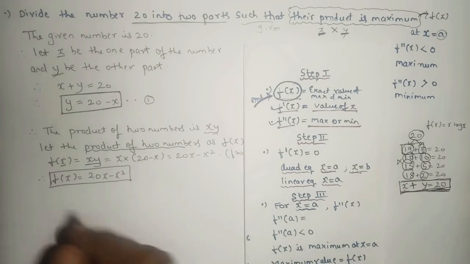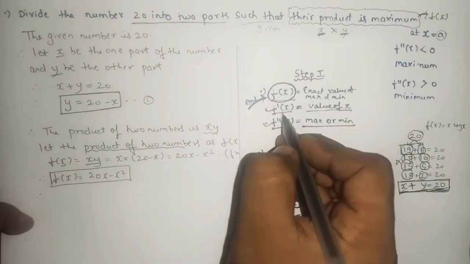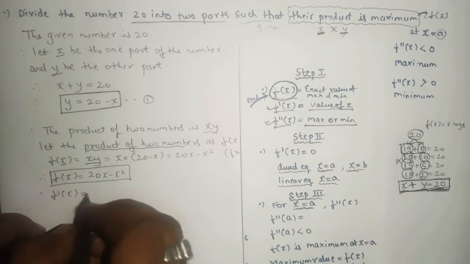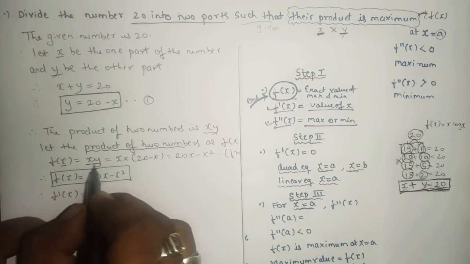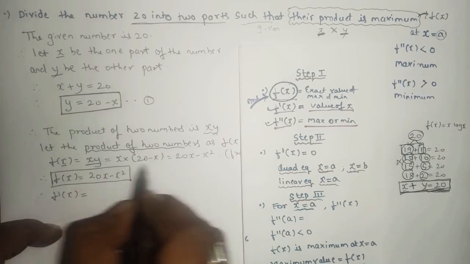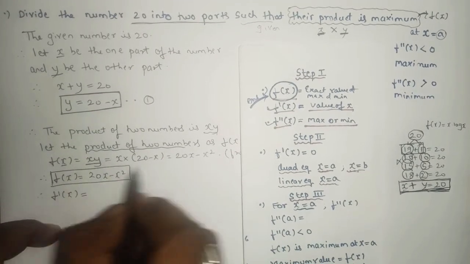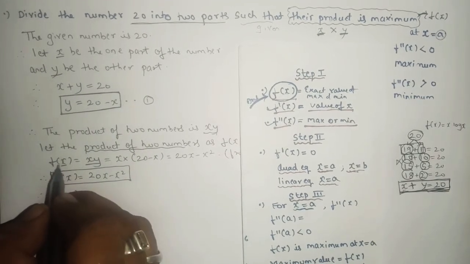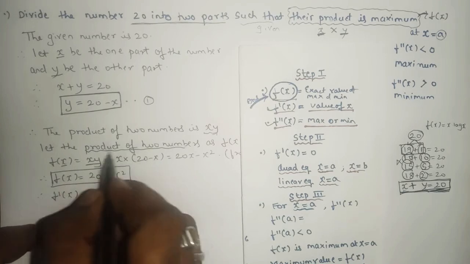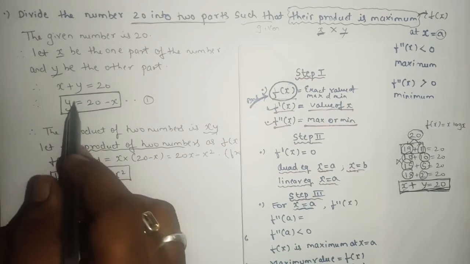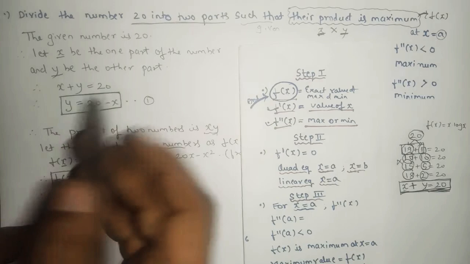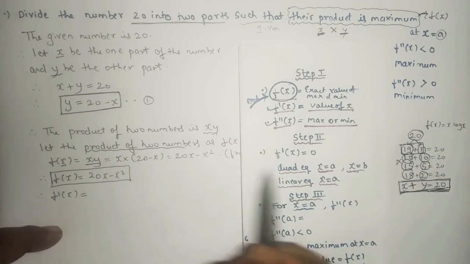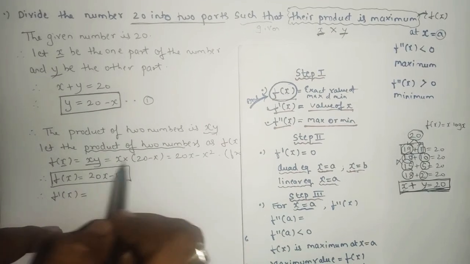Okay, so after getting f of x, we know that we find f dash x, the derivative with respect to x. See to it that you convert the right hand side into a single alphabet, either in terms of x or in terms of y. As here we took f of x, we convert this whole thing into x only. So that's why I prepared the value of y. In every sum, you have to convert f of x into a single alphabet, either x or y.